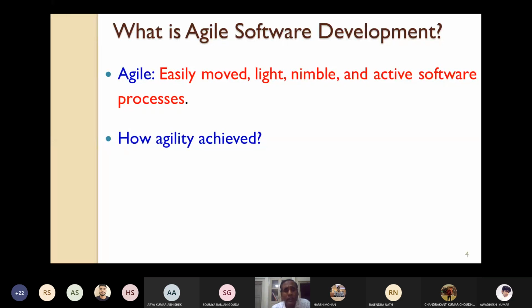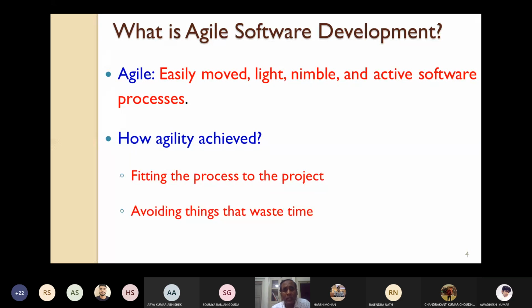Then how do you achieve agility? Agility can be achieved by fitting the process to the project. So whatever process you are following, you should try to fit it to the project, by avoiding things that waste time. Which things are wasting time unnecessarily? How can you avoid them?